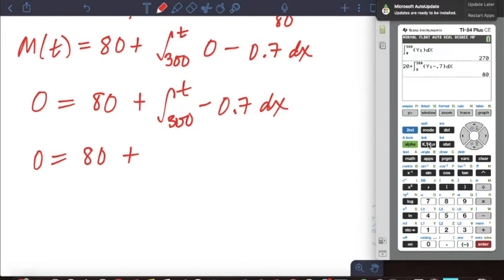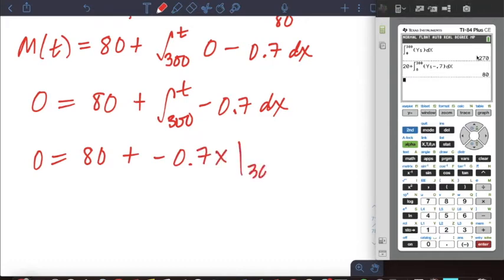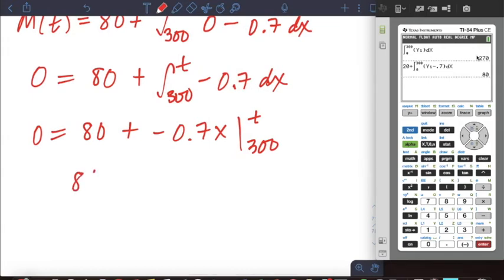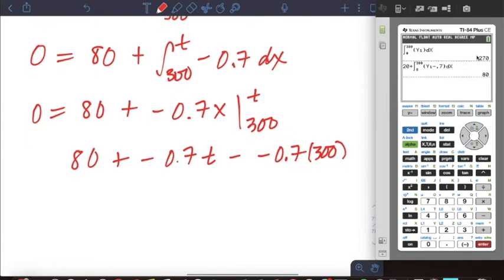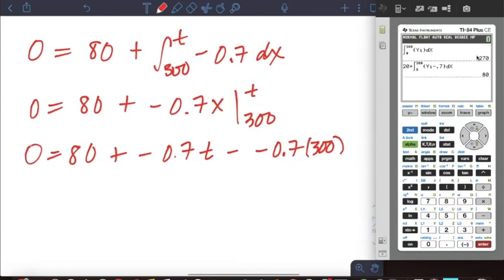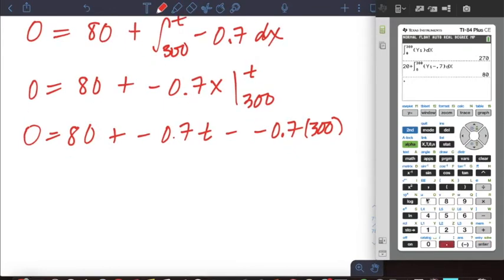So I'm going to use negative 0.7. Remember, you just add on a variable. So x evaluated from 300 to t. Okay. Now we plug in the top bound minus plug in the bottom bound. Okay. If you need your calculator, you can use your calculator on this one. You may or may not. Let's see here. 0.7 times 300 is 210, so 80 plus negative 0.7t plus 210